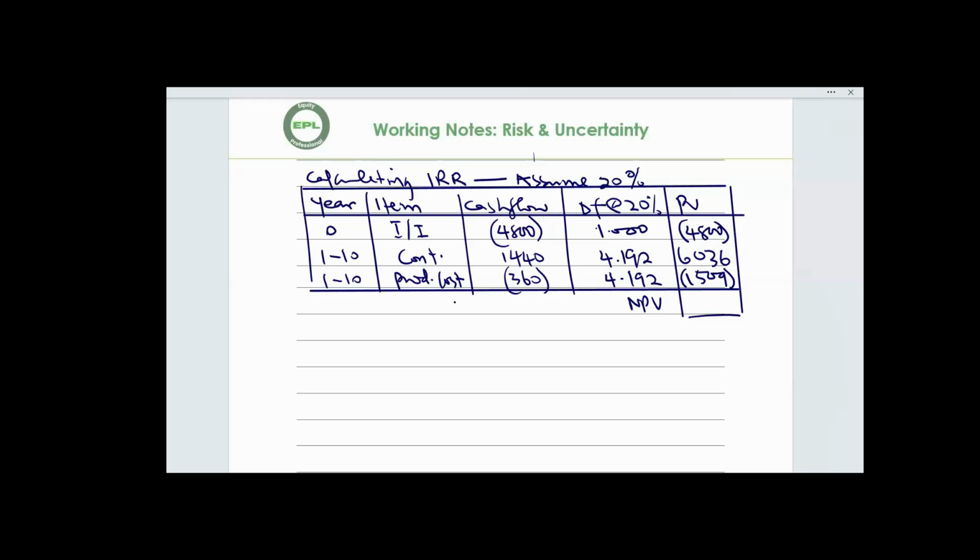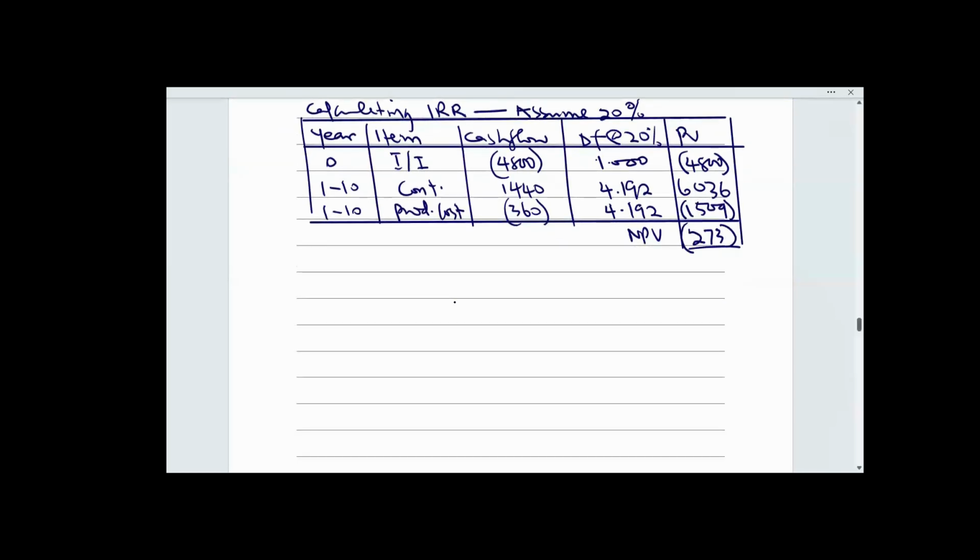273. 273 negative. So at 20%, we got a negative NPV of 273. That means we assume 17% and 20%. We then proceed to calculate internal rate of return, which is lower discount rate plus net present value of the lower over net present value of lower plus net present value of higher,